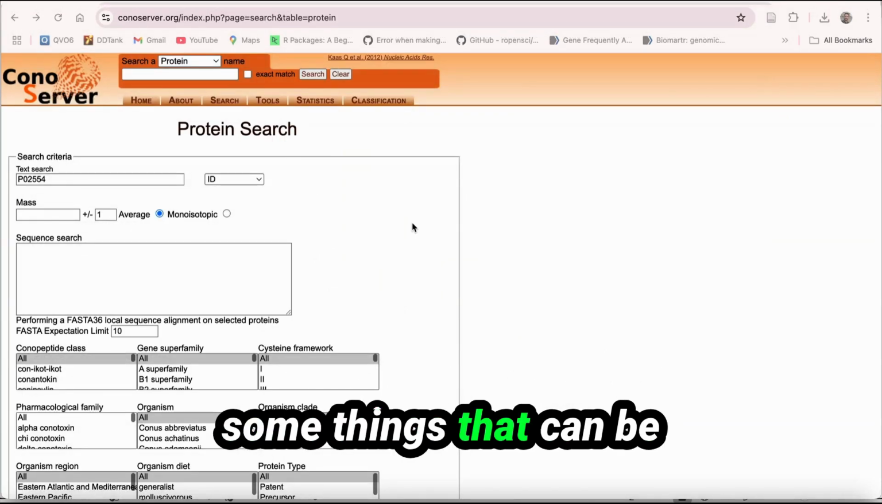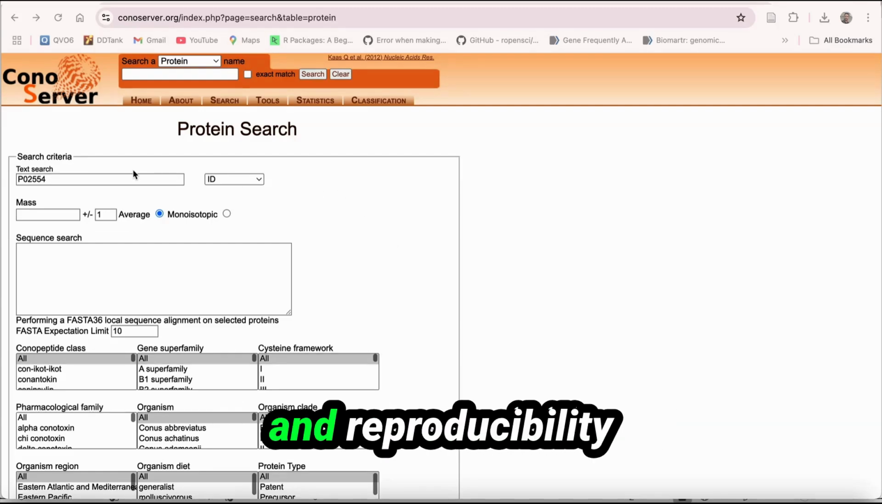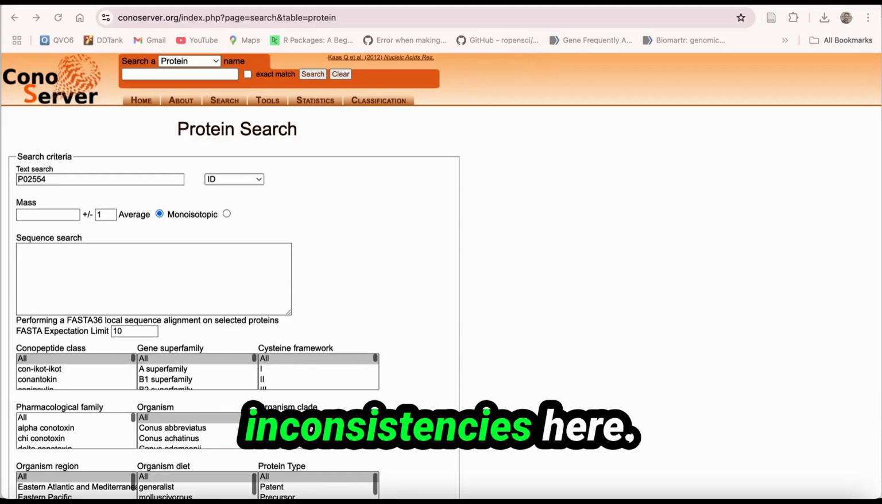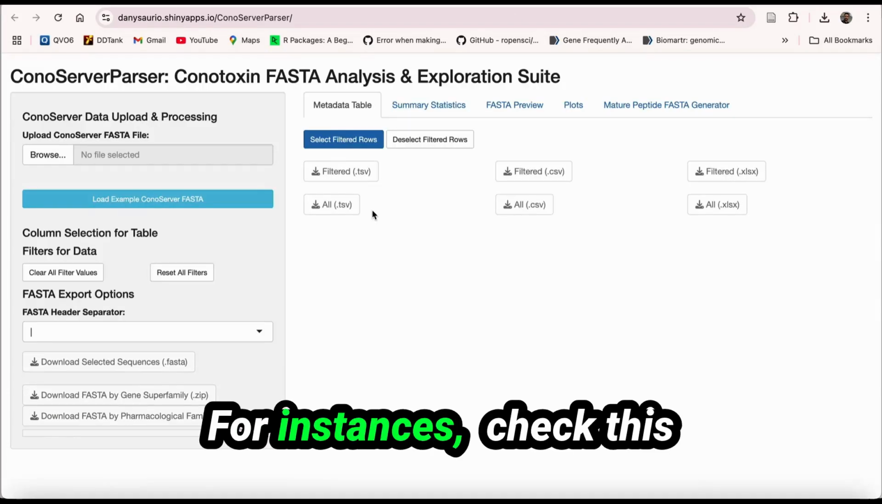However, there are some things that can be improved, of course, but ConoServerParser could enhance the experience and reproducibility of ConoServer data. Indeed, there are some inconsistencies here. For instance,